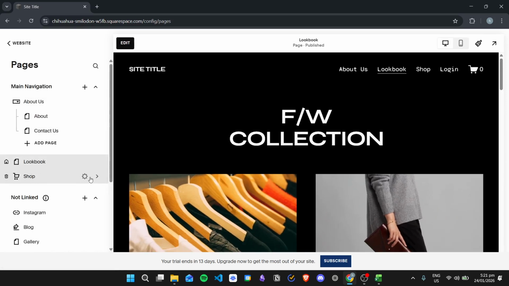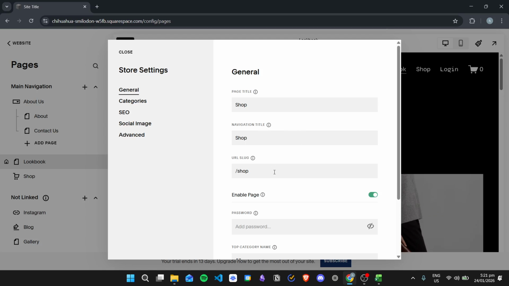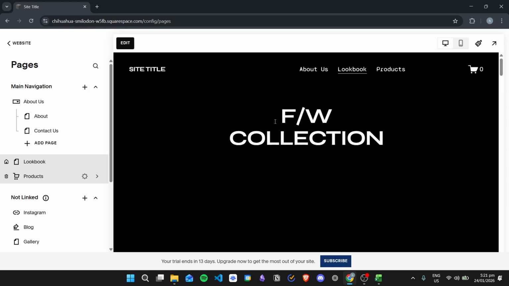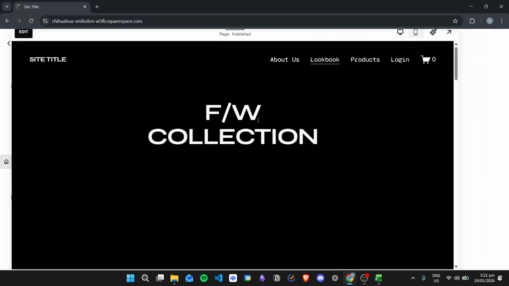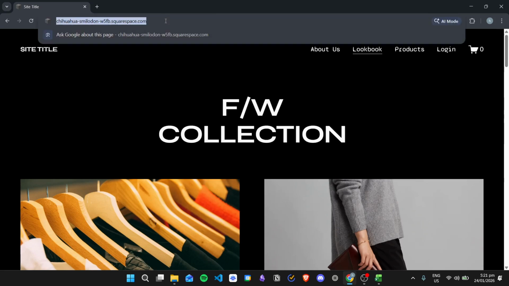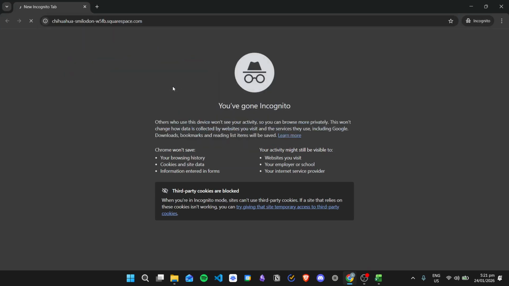For example, the shop page, I want to change its URL slug to products. And then let's say I also want to change the navigation title and the page title. So what will happen is that the shop page does not exist anymore, and this might cause some problems to your users. For example, if I click preview and then I'll open another browser right here and go to the website,